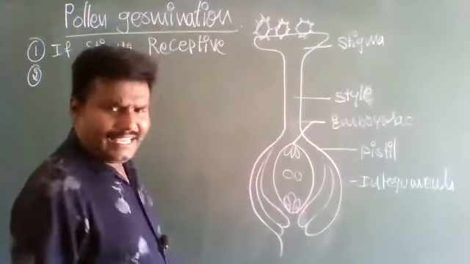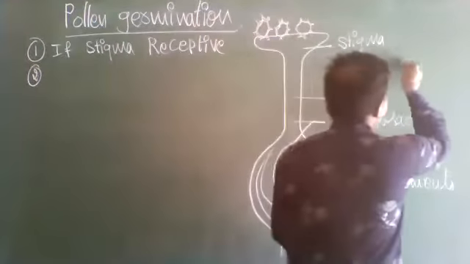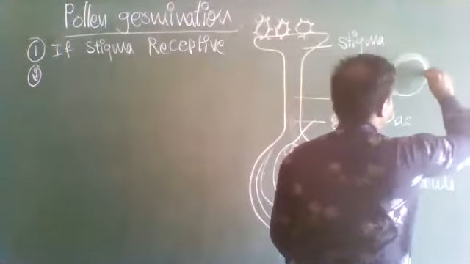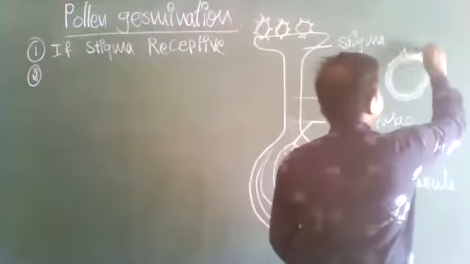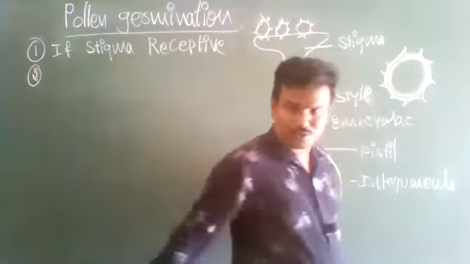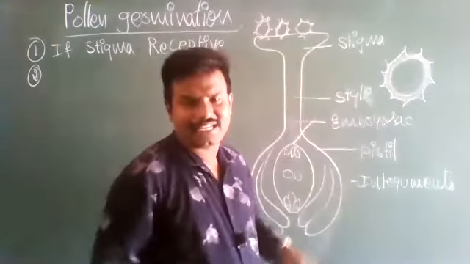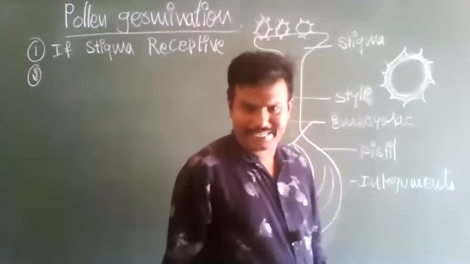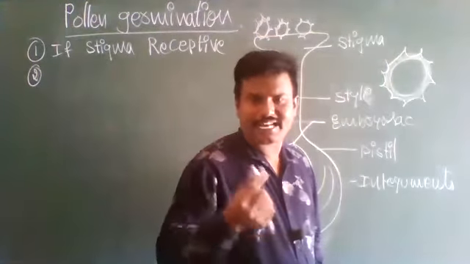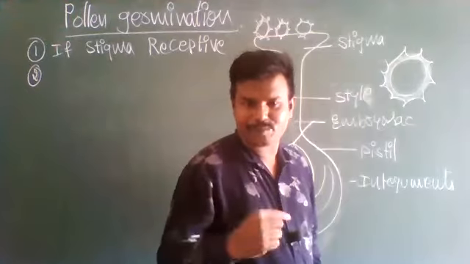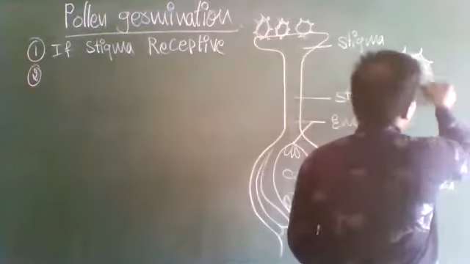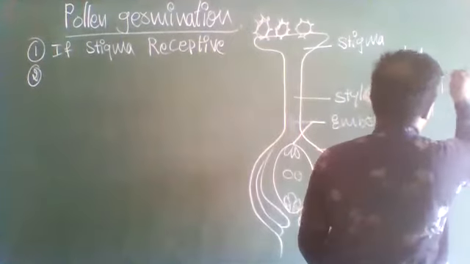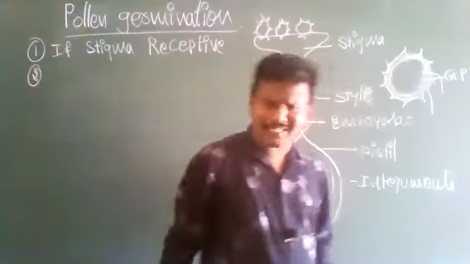Second point. So already we discussed that. What is that? It is the pollen grain. The outermost part is thick. It has often spinous outgrowths. Next, at some part of the pollen grain, the exine is absent or thin. That is called the germ pore. That we already discussed.